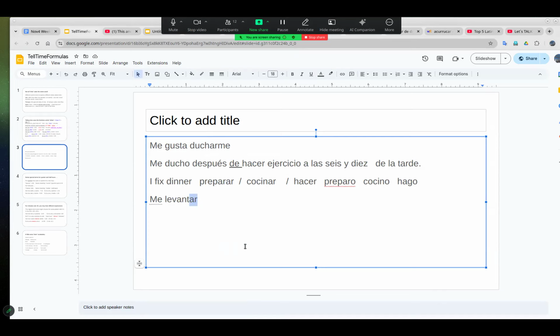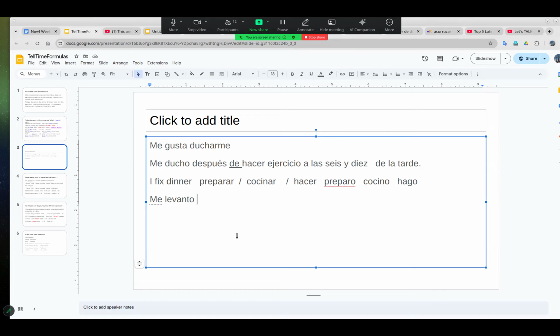We need to do something with this too to say that I'm doing it. And you're right, we need an O word. But first we need to do something with this. What do we do with that levantar, Lisa? ¿Recuerdas? We get rid of that. And now we put on our O. So try that again, looking at that. Okay. Me levanto